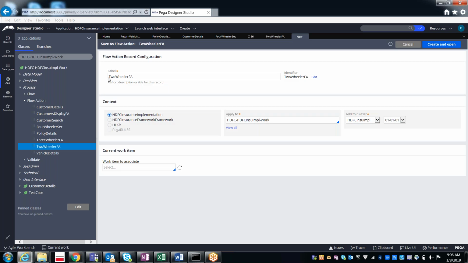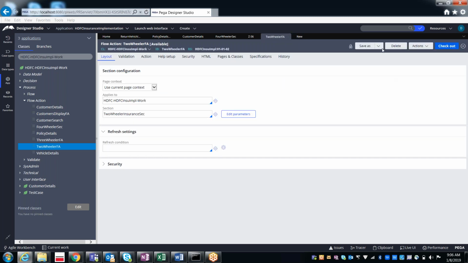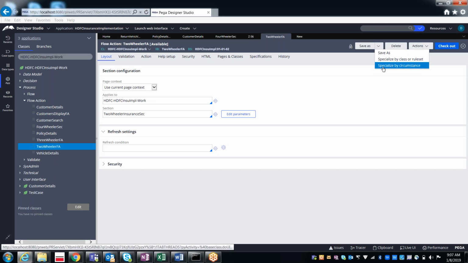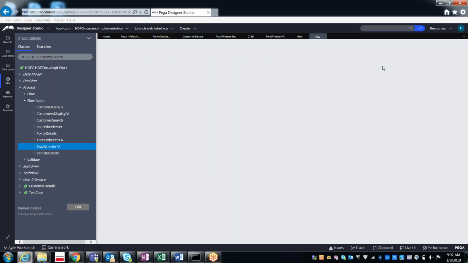We just renamed it and created a new flow action. So instead of renaming it and creating a new one, what we can do is Save as, specialize by circumstance.